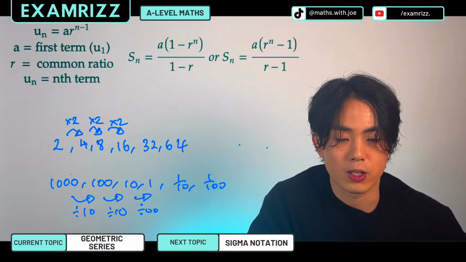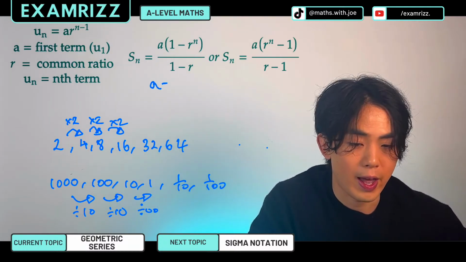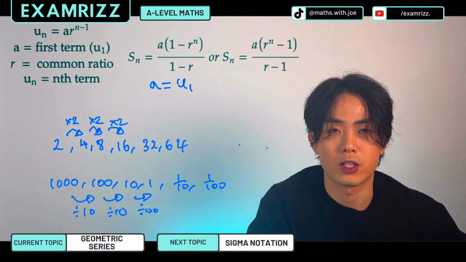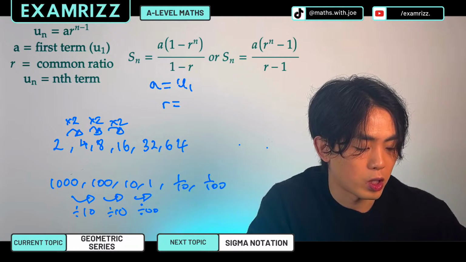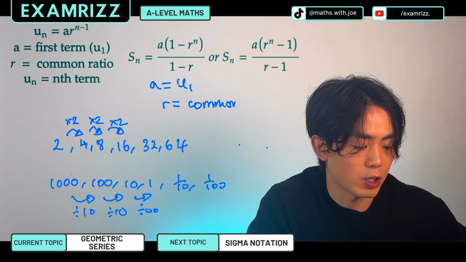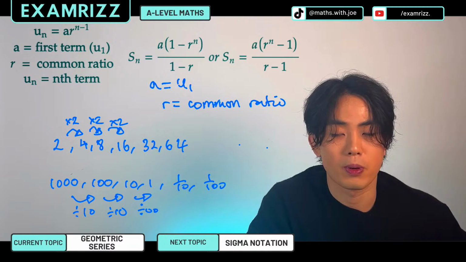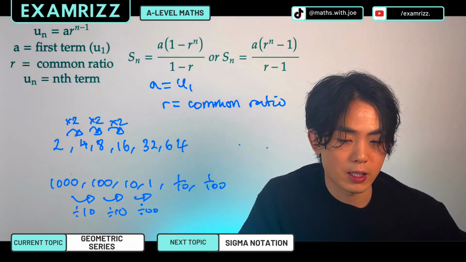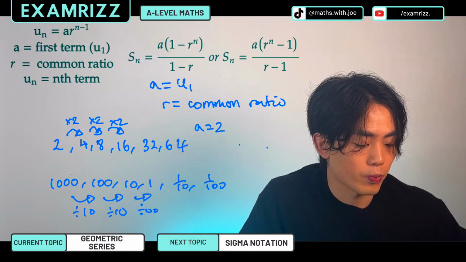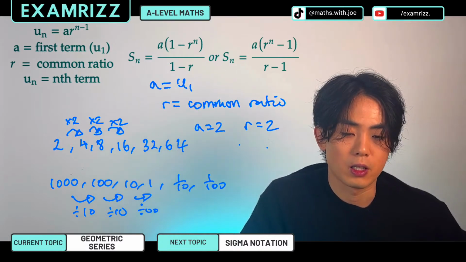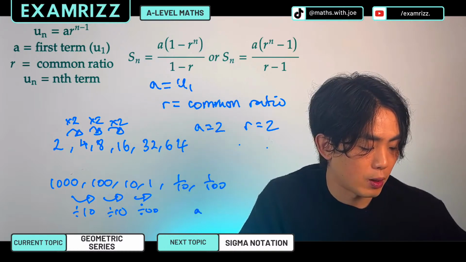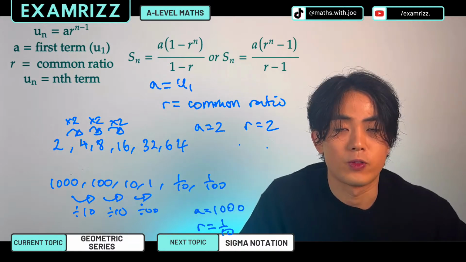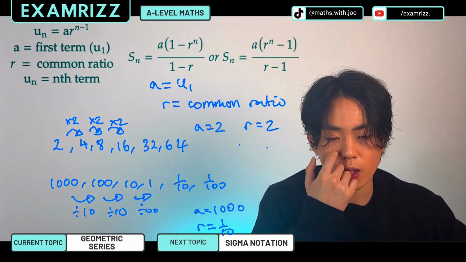And for a geometric sequence, the important letters to note are, first of all, a, which is the same thing as the arithmetic one. It just represents u1, the first term within the geometric sequence, and r, which in this case represents the common ratio, i.e. what we are multiplying or dividing each term by to get the next term. So essentially for this example here, our a would be just 2 and our r would also be just 2 like this. For the bottom one, our a would be 1000, that's what we initially started off with, and r would be 1 over 10 like so. So that's how you identify each one. Okay,